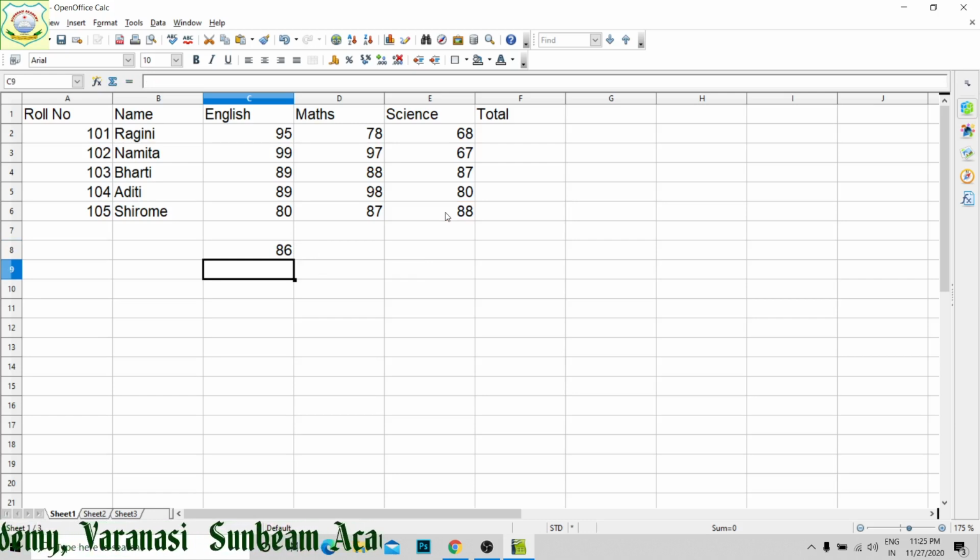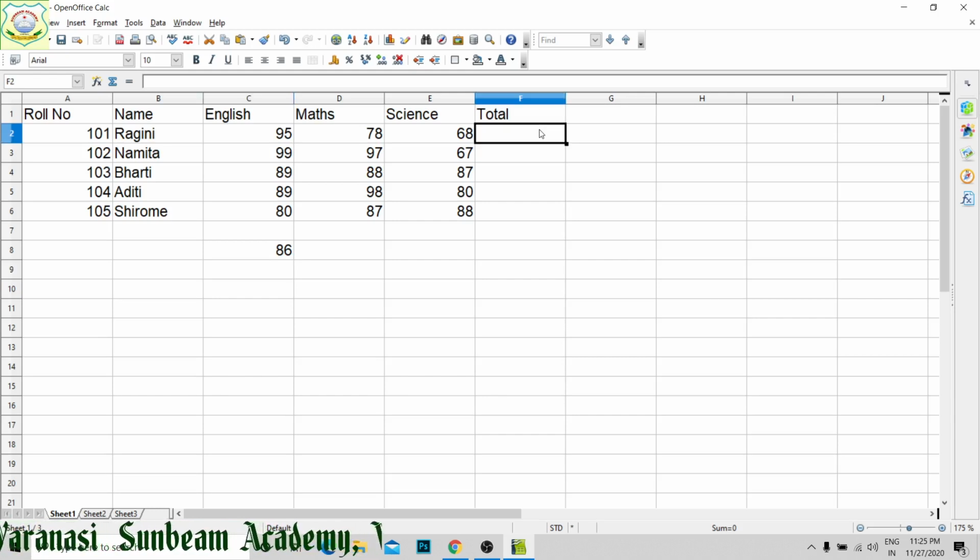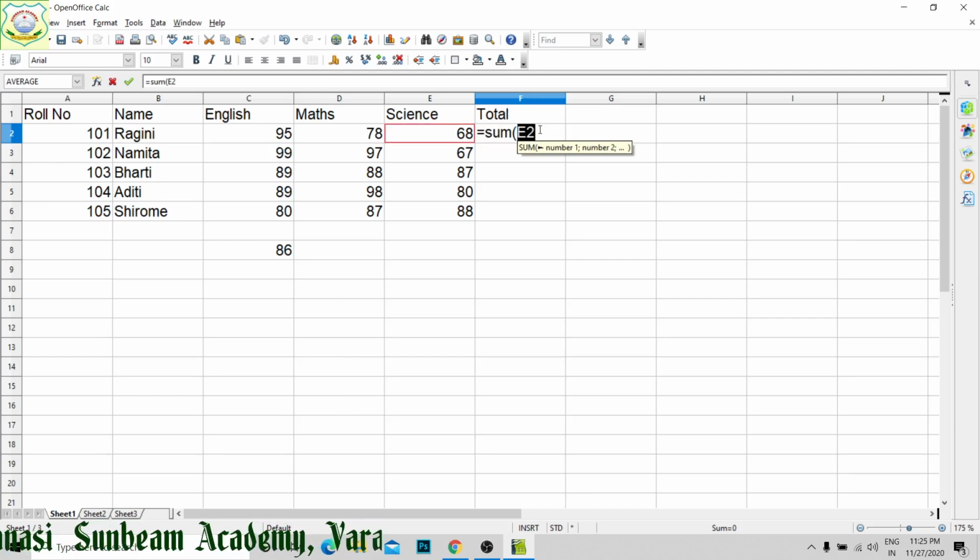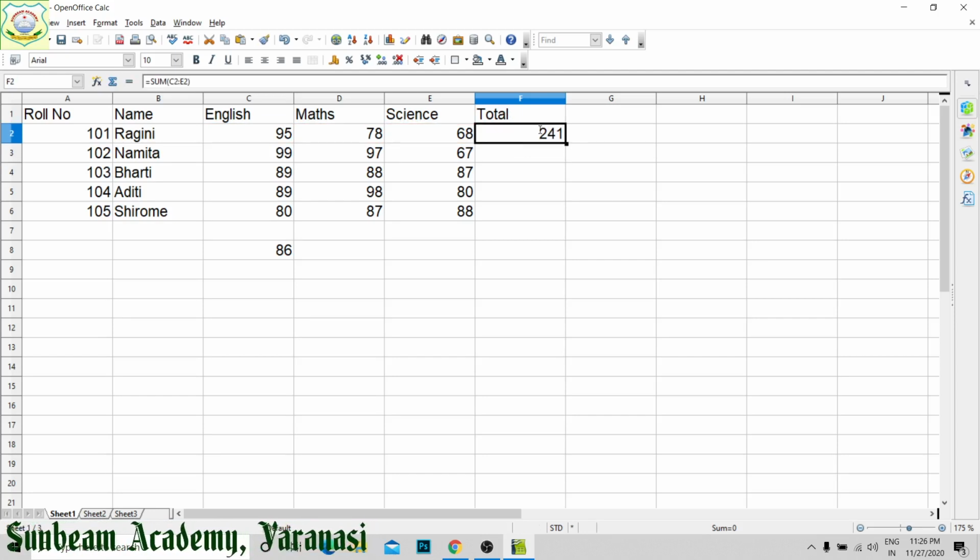Now copy the range consisting of mentioned data including total, average and class average to a new location. First of all, we have to find out the total. To find out total, equal to sum, this to this, I have found out.